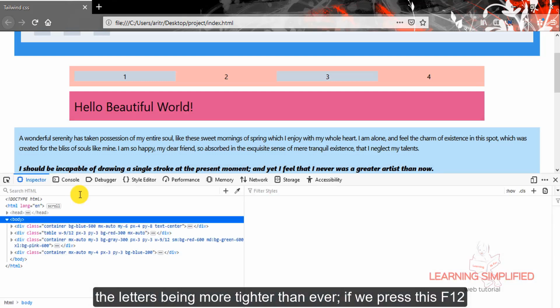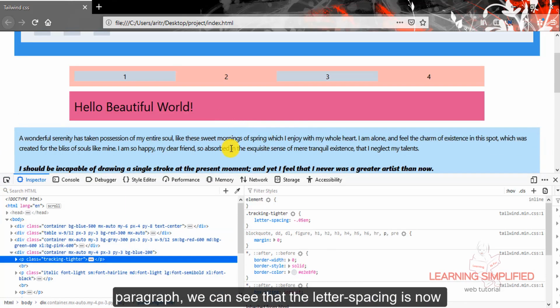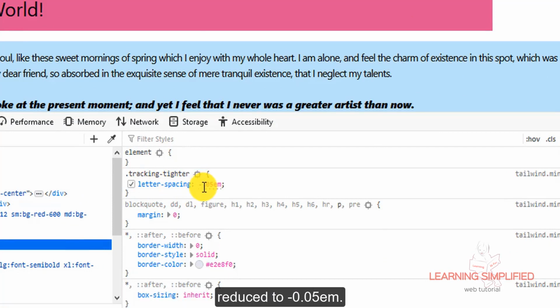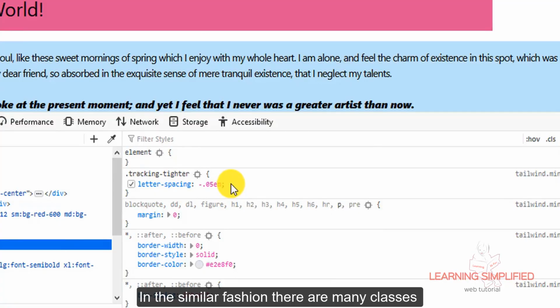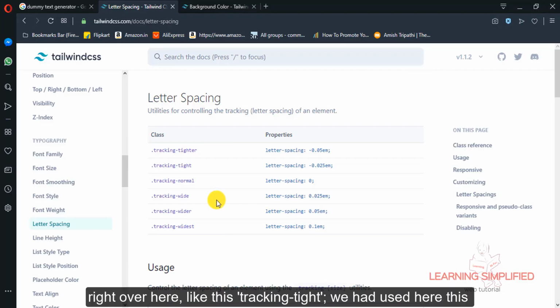If we press F12 and open up our code inspector panel and select the first paragraph, we can see that the letter spacing is now reduced to minus 0.05 em. In a similar fashion, there are many classes right over here, like this tracking tight. We have used here the class of tracking tighter. Here is the class tracking tight.